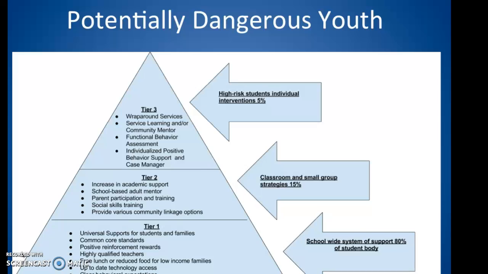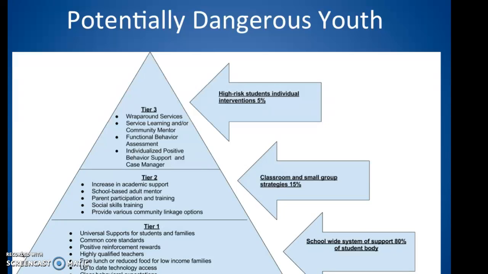Tier 2, increased academic support. So this could be maybe pull out, or they could go into an ISP type setting, something like that. Parent participation and training, getting parents involved with parent-teacher conferences, something like that.